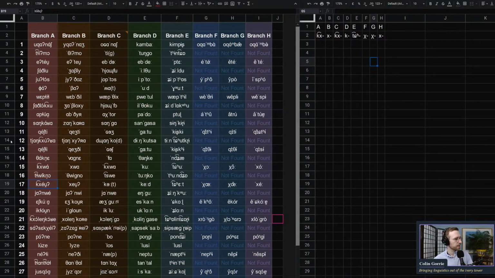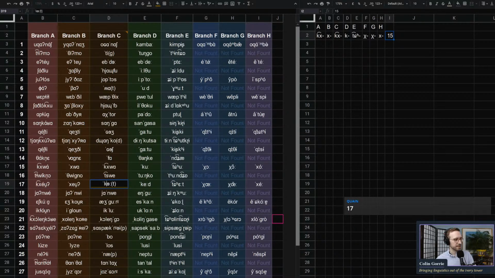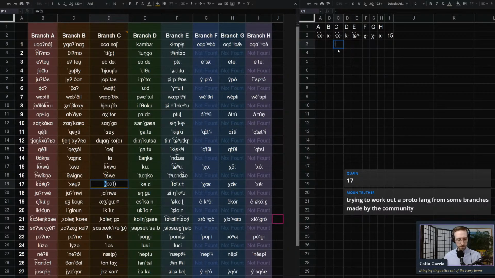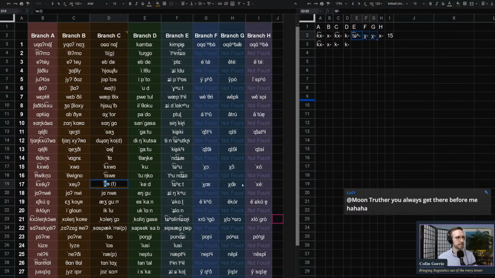So let's look first initially. We see anything that looks kind of familiar. Oh, we see in 17 something similar. So we say this in form 15. And do we see the exact same thing in form 17? Well, we have k in A, ch in B, but we have something different in C, so we have to come up with a new correspondence. Oops. Okay. Thank you. And then we have K in D, same in E, same in F. So everything is the same except for...